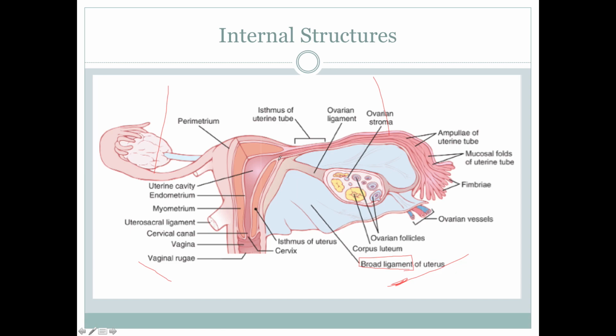Okay, so some other things that we mentioned, we have our uterine cavity. The innermost part there is the endometrial lining. Then there's the myo, or muscular portion, the myometrium. There is another ligament here, the uterosacral ligament, to help anchor this towards the wall, so there's not that much free movement of the uterus itself.